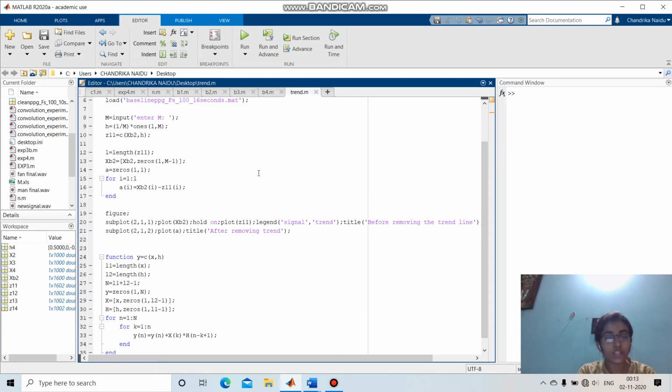And then for removing trend, we have to remove the convoluted signal from the actual input signal. So for our actual input signal, we have to change the length of this array so that we can subtract the convoluted part from it. So here we have added extra zeros for the remaining length of the signal. And then we have taken another variable a, which will be the signal after removing the trend. That I have taken as input signal minus this convoluted part of the signal for each i value. And then we plotted it.